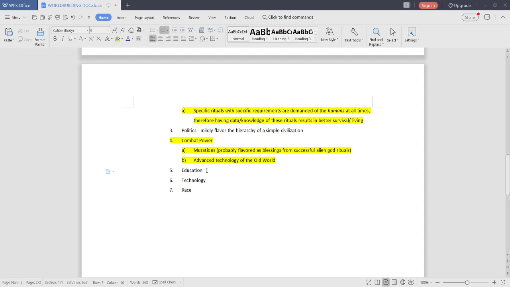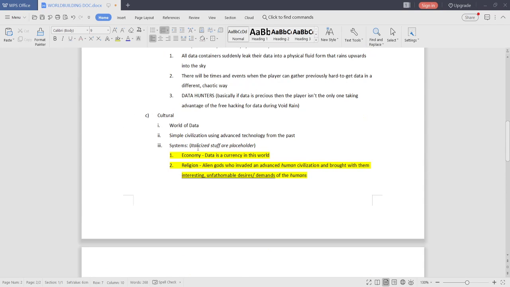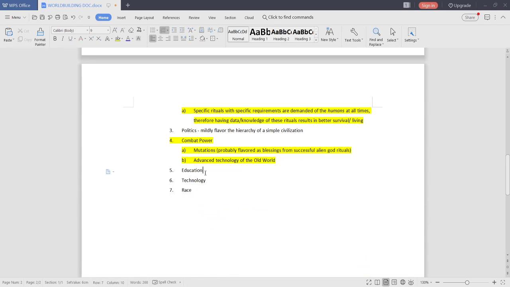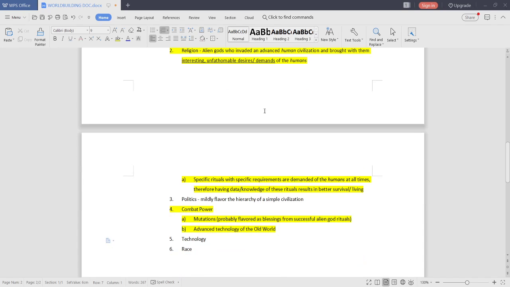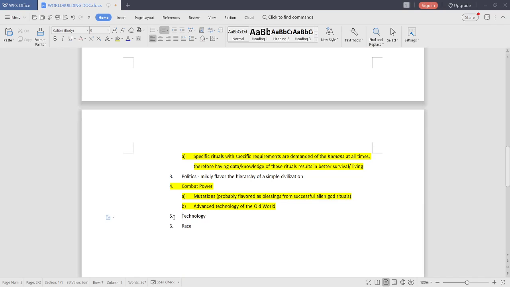Education, well, that was just a brain fart. I don't think there's going to be any education other than, well, technically giving data is education, but I don't think I'm going to make a school system or anything like that where there are classes and literal schedules. No, that's way too cumbersome. So I'm going to pass on education. Well, you can say that I could have NPCs that teach the player for free or for a price, but I don't think that's enough to warrant a deep dive into education in general.